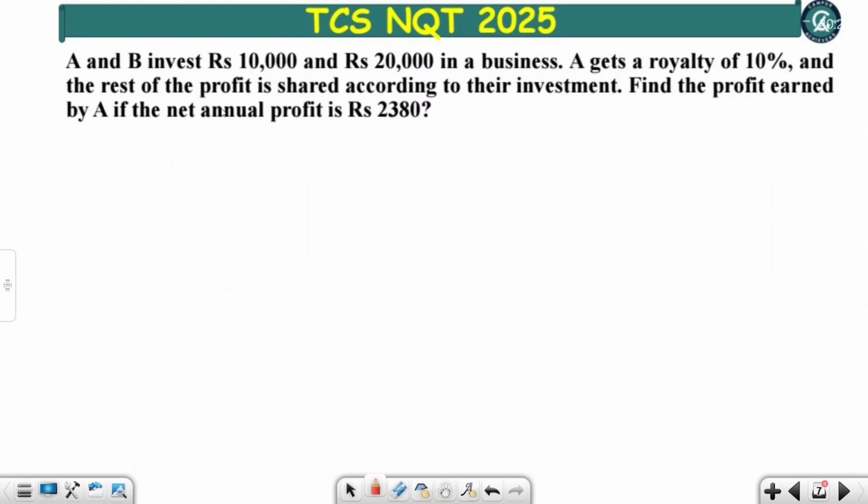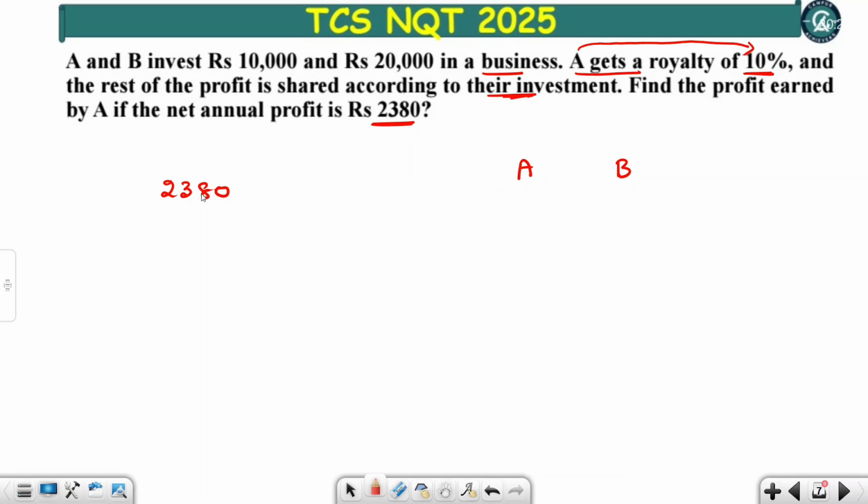A and B invest rupees 10,000 and 20,000 in a business. A gets a royalty of 10% and the rest of the profit is shared according to their investment. Find the profit earned by A if the net annual profit is 2380. See, what is the total profit? 2380. So this 2380 is divided among A and B, and here if you observe, A gets a royalty of